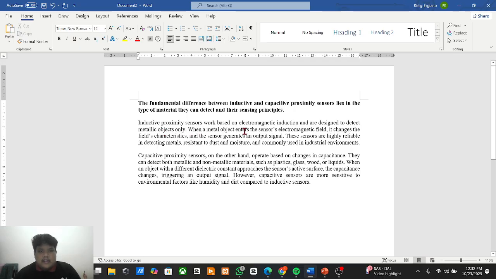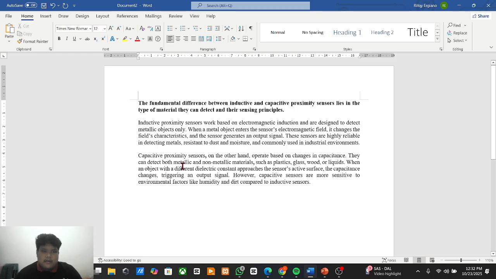When a metal object enters the sensor's electromagnetic field, it changes the field characteristics and the sensor generates an output signal. These sensors are highly reliable in detecting metal, resistant to dust and moisture, and commonly used in industrial environments. Capacitive proximity sensors, on the other hand, operate based on changes in capacitance.